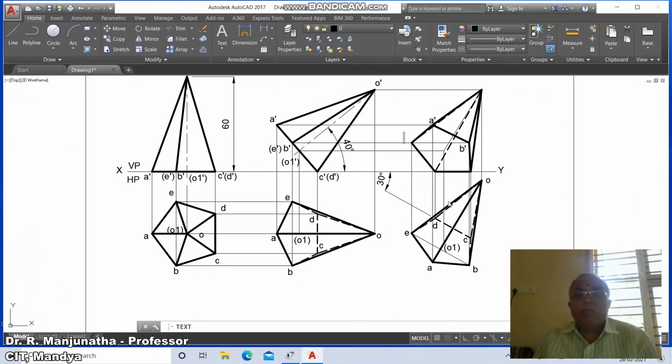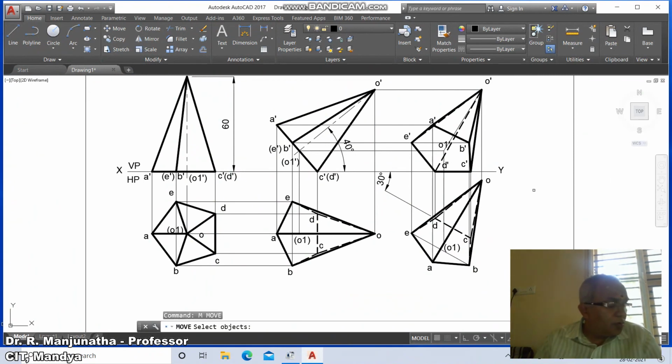This is A, B, C, D, E. So here this is E dash, and here it is C dash, here it is D dash, and here it is O dash, and here it is O1 dash, and here it is O dash. Once you do that, then go to move,